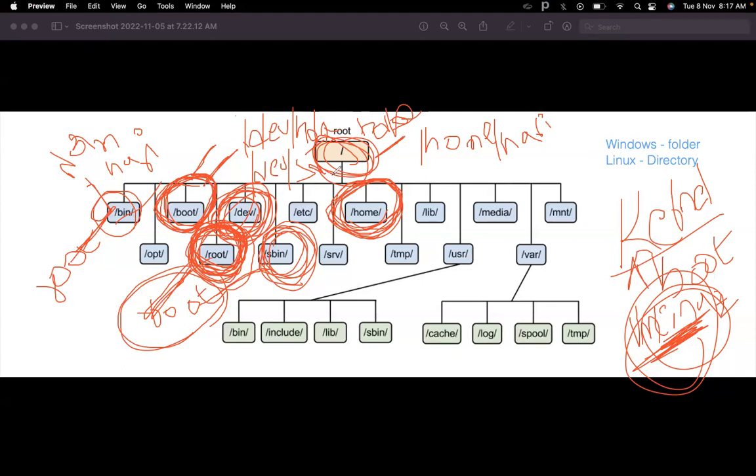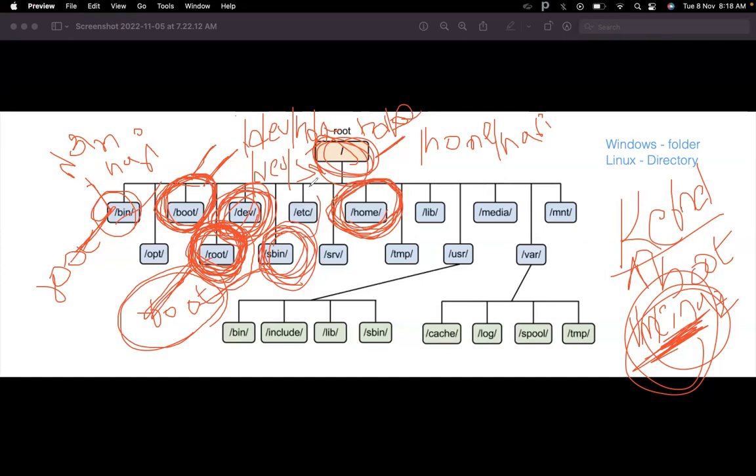So sda, sdb, sdc, and so on. If I have ten hard disks, what is the naming convention? sda, sdb, sdc. One hard disk is A, two hard disks is A and B, and the third hard disk is C. So if it is a SATA disk, you call it sd: sda, sdb, sdc. Now you understand.